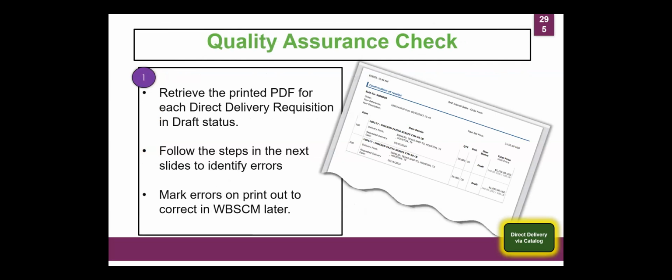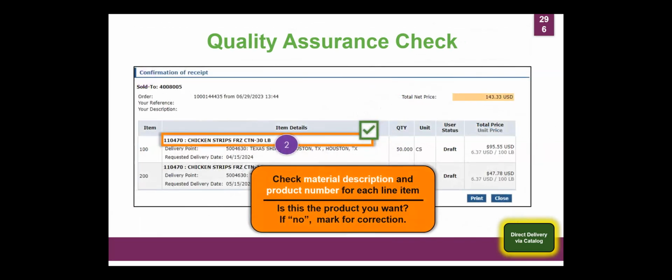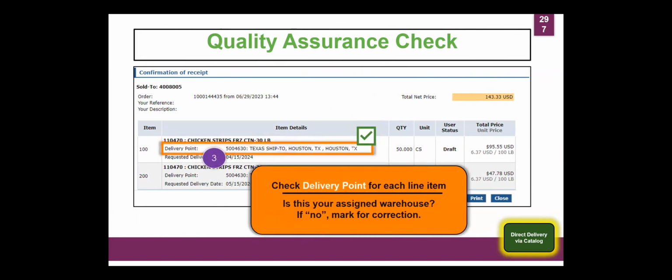So again, you're going to get that PDF form and you're going to follow these steps. So first, like I said, we're going to look for that material description and product number for each line item. Is this really the product you wanted? Did you pick the wrong item or the correct item? So just making sure. Did you pick the right warehouse, the right location you want it shipped to?